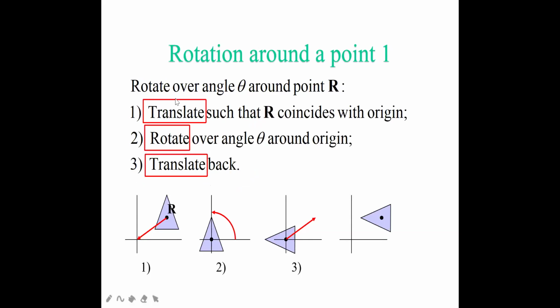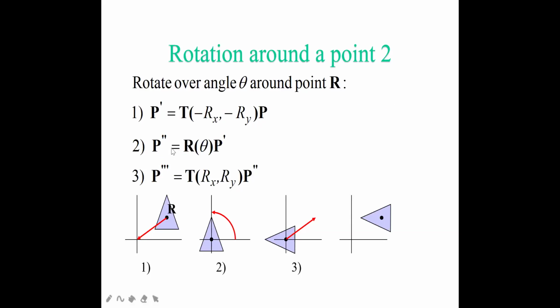What is my second step? You saw here, that is the rotation. In the rotation, whatever new point I get, let's consider it as P double dash. I have to apply the rotation on this point, because I have already shifted over here. Right now this point's name is P dash.